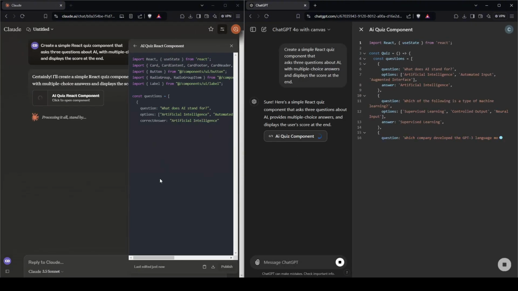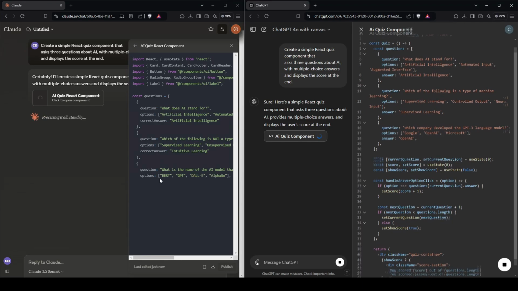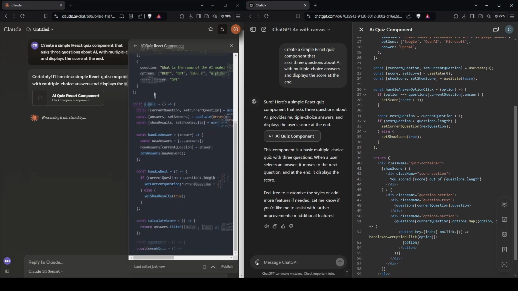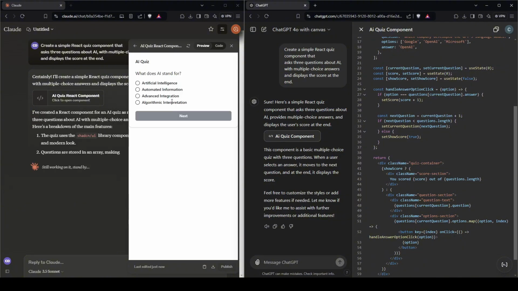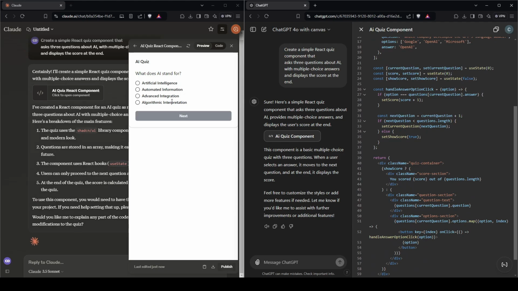So now Claude and ChatGPT are generating the code on their own, and let's see what will happen. This will surprise you, so please stick around. There you go. Did you see that? Just like single-page HTML code, Claude Artifacts has the capability to render individual React components. So we can go back to the code here and see the preview of that code within the Claude Artifacts window without even running a separate tool.